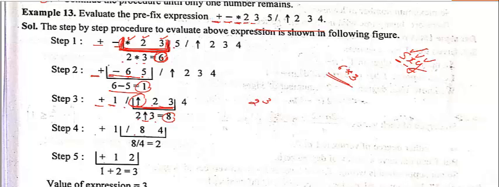So again you will move, plus operator, operand. You need two operands. So operator, operand, operand. Okay. So now you can solve this one, because this is 8 divided by 4. So you have a 2 result. Okay. Now you have plus 1, 2, and 1 plus 2 answer is 3. Very simple. So this is how to solve the prefix expression.